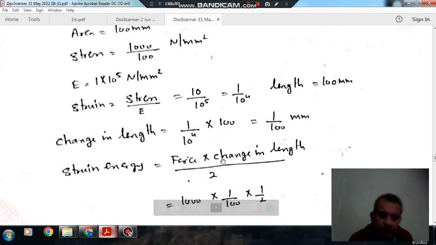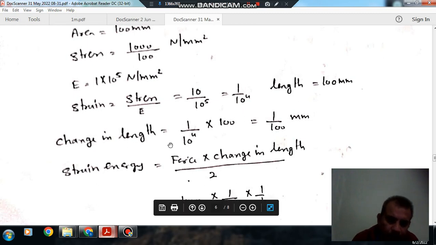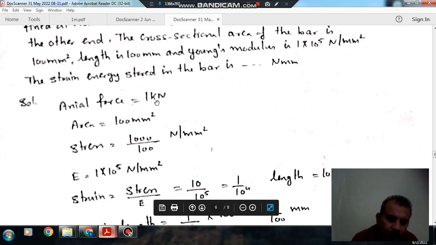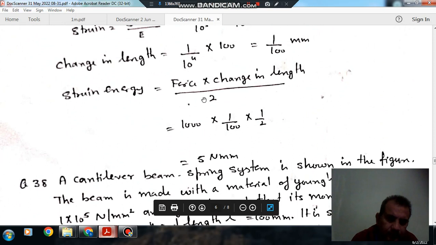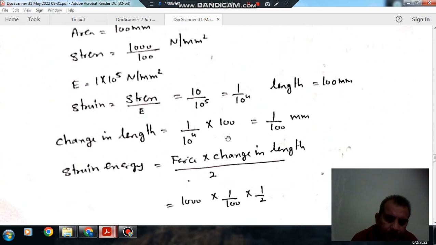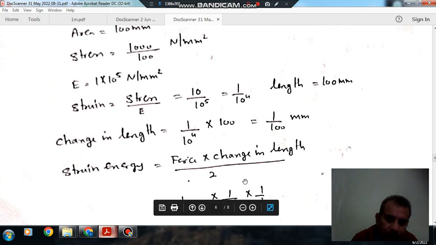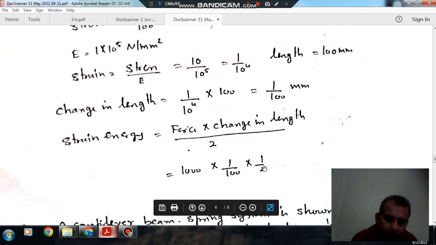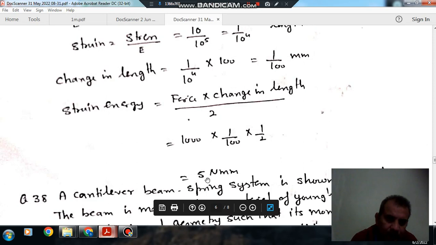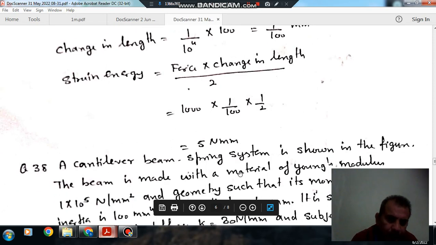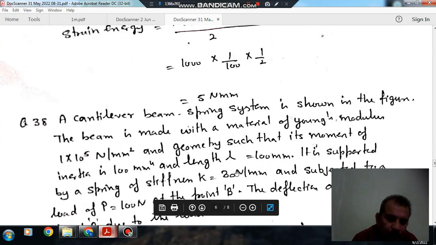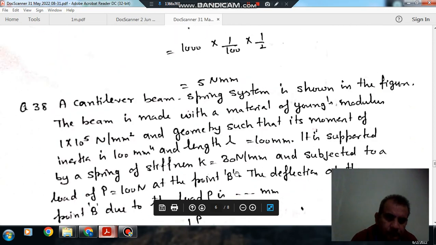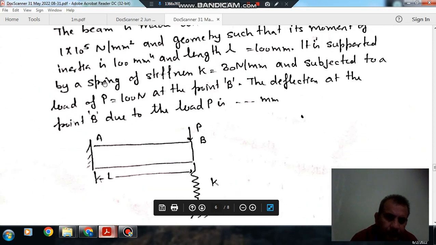The strain energy is nothing but force into change in length by 2. So now force is 1 kilonewton or 1000 Newton, and the change in length is 1 by 1000, sorry, 1 by 100, and if you multiply it by 1 by 2, the strain energy will be 5 Newton mm. Okay, so the answer is 5 Newton mm. Next,